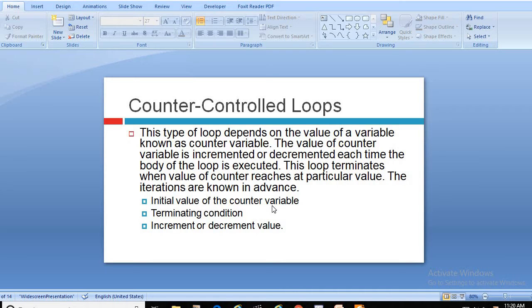But it is also possible that you start from 3, 4, 5, 6, 7, 8, 9, 10. So it depends upon the initial value of the counter variable. Again, a terminating condition must be there, that is how many times the loop should be executed, and finally it should be incremented or decremented.